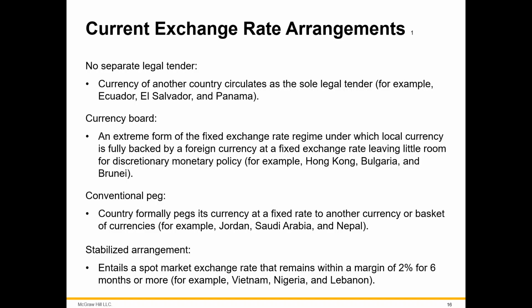Now, obviously, if you're holding Bulgarian currency and they abandon this policy, then you're out of luck. But they have a long history of keeping to the policy, and as long as you have a reputation for upholding that policy, there's not a very large difference between transacting in the local Bulgarian currency and transacting in euros, even though you don't officially have the euro as a currency. In practice, it's very, very close.